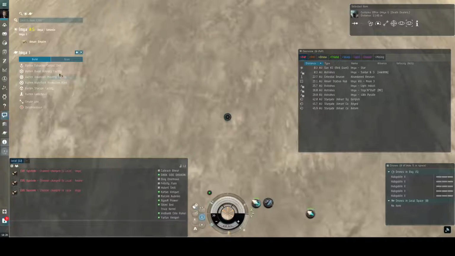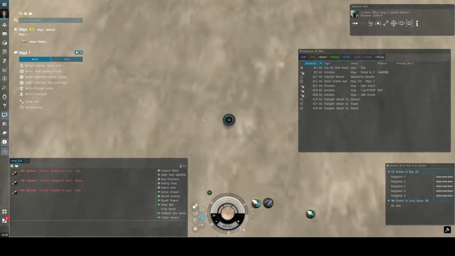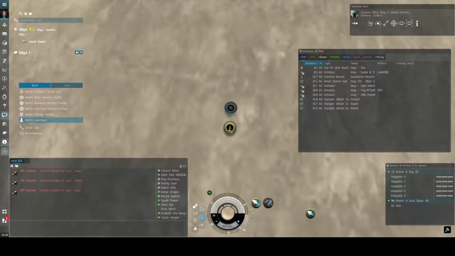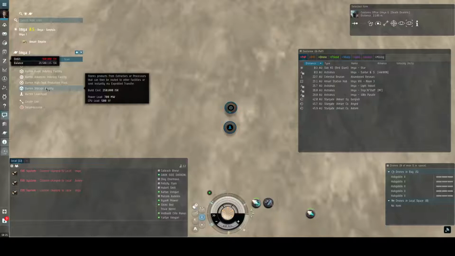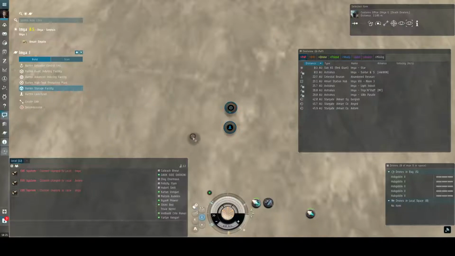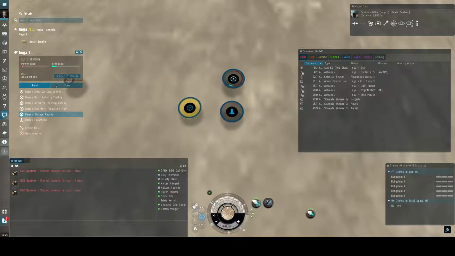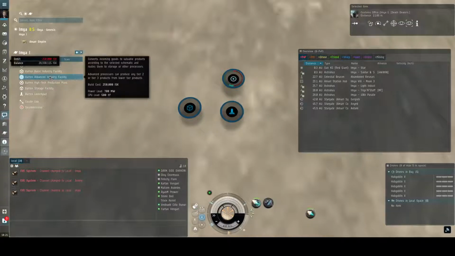So the first thing we're going to do is find a spot for our launch pad. Now, the launch pad is going to be used slightly differently in this setup compared to the others, in that it's going to be both incoming and outgoing. We're going to set up one storage facility just next to the launch pad, and we'll then set up, we'll go for three